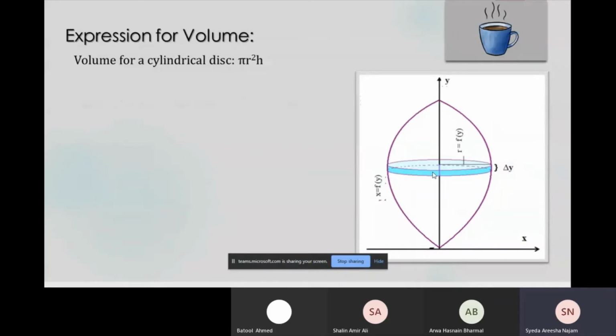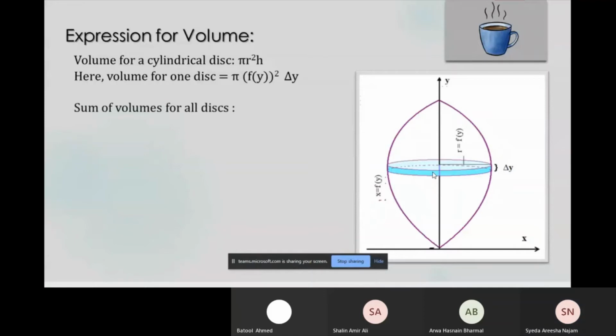pi r squared h. In the context of this case, we have our r as f of y and our h is delta y. That signifies the minimal change, or the smaller change, on the interval of y. So